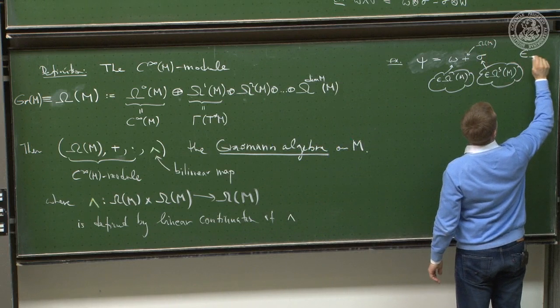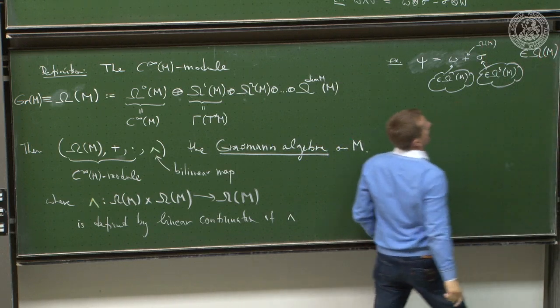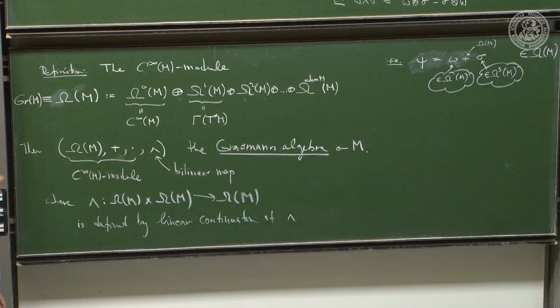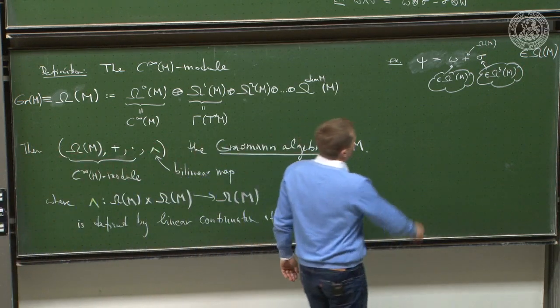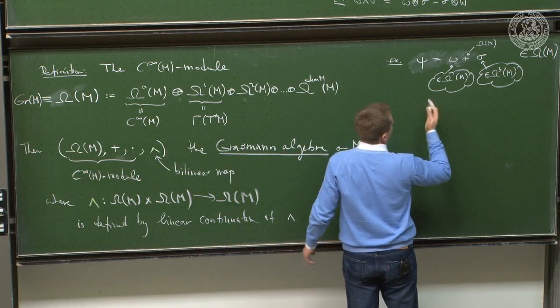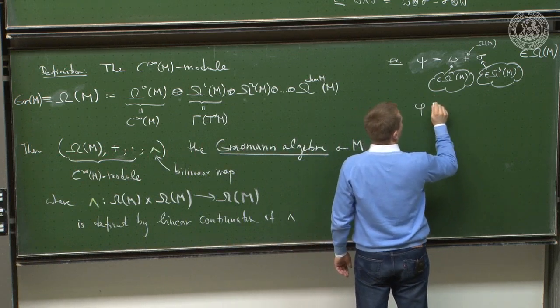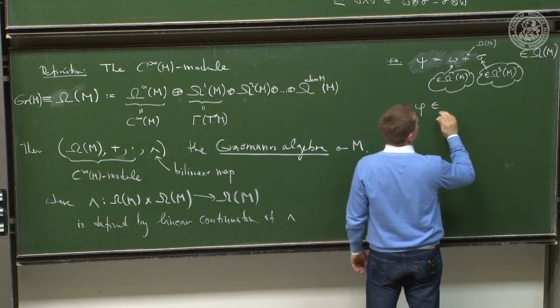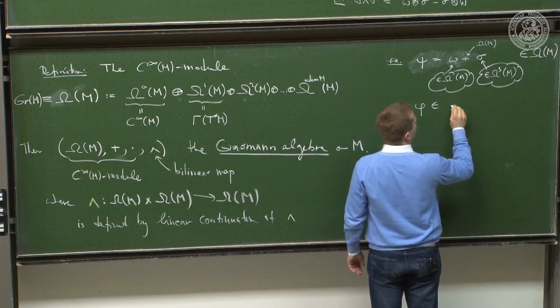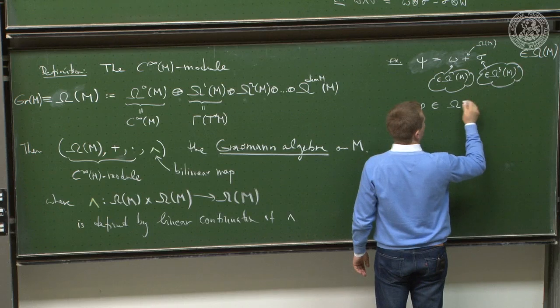And so the whole thing is an element of omega of M, right? Looks funny, but that's perfectly fine. And say you have a simple thing like a phi, which happens to be, but doesn't need to be, an element of a very specific